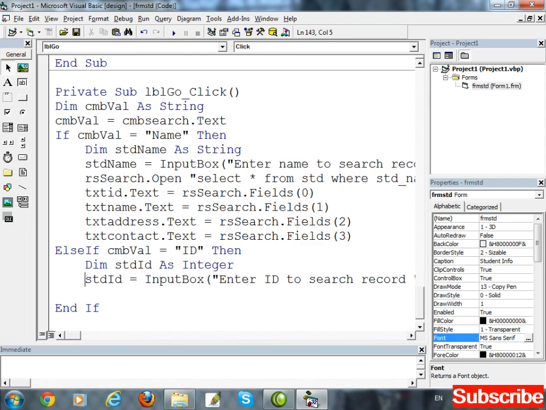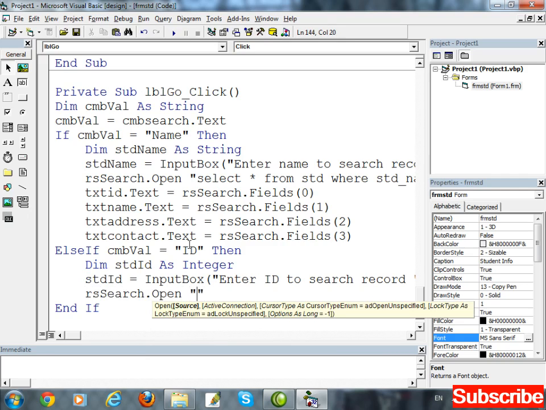Now once we have stored the value in std id, then using record set rs search, we have to search this record inside the database. So write rs search dot open.